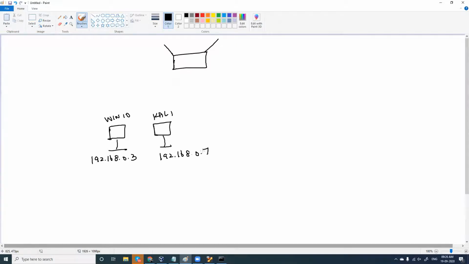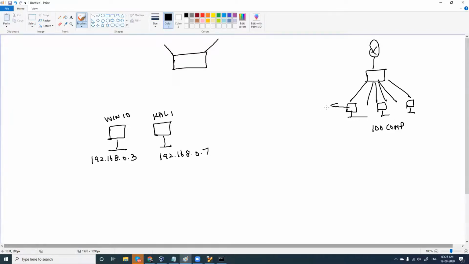Yes, I have two computers connected now, and in your network you can have a lot of different computers, or if this is a corporate network, under the switch you have like 100 computers connected.